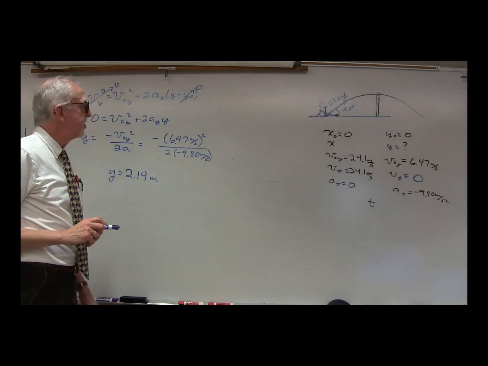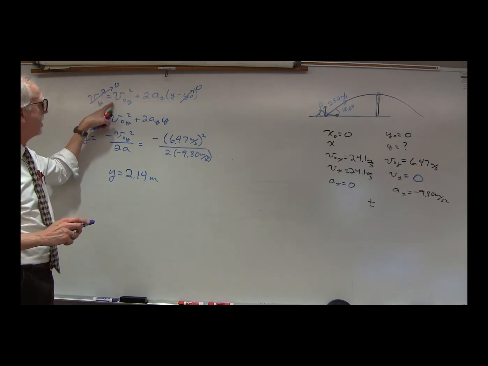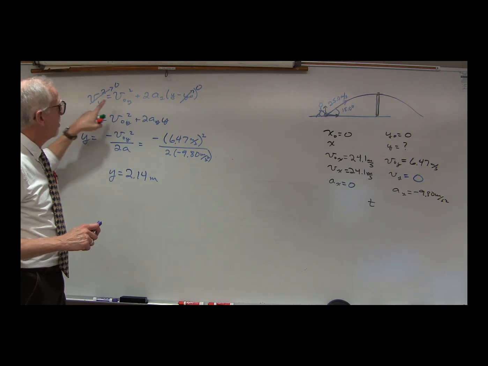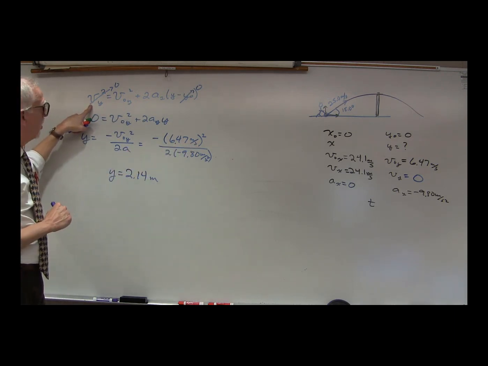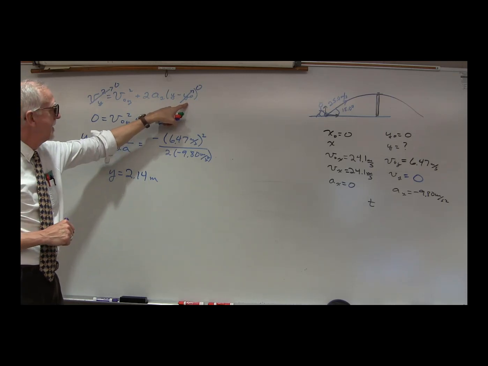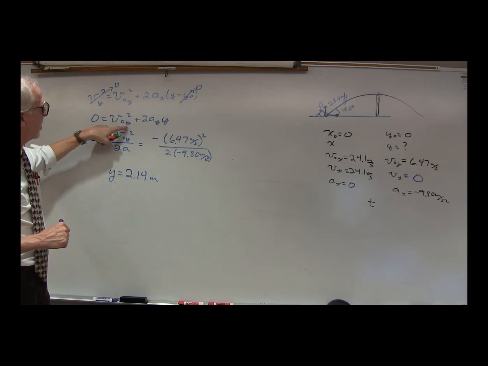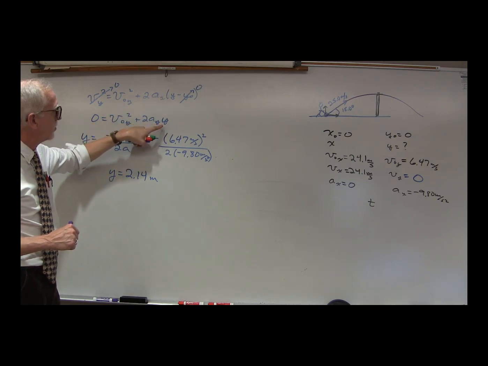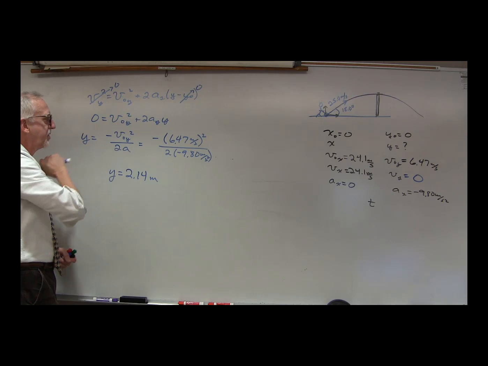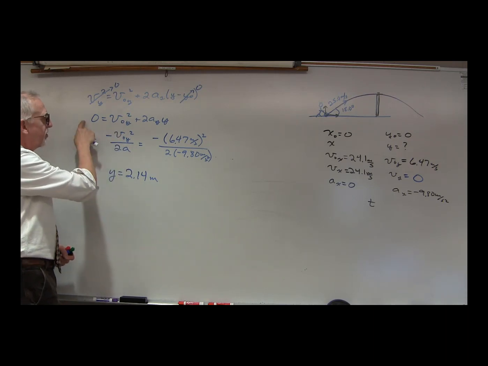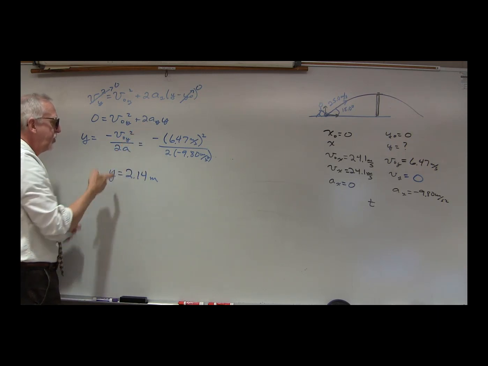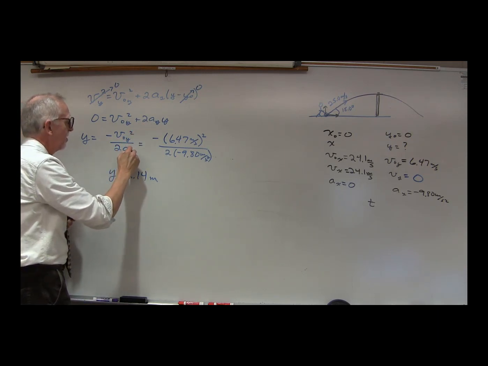Solving the fourth equation in y, we have Vy squared equals V naught y squared plus 2ay times y minus y naught. But we know Vy is 0 at the peak, and we know y naught is 0, the initial height. So we end up with 0 equals V naught y squared plus 2ay times y. We're looking for y, so let's bring this term over here and divide by 2ay. We end up with negative V naught y squared divided by 2ay